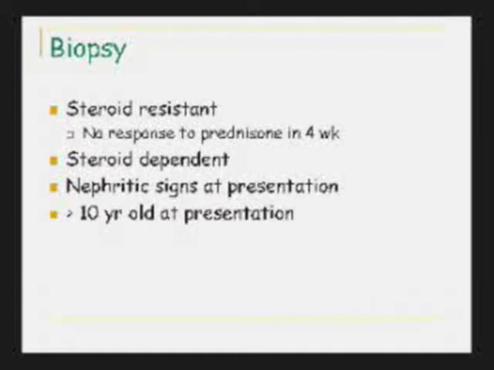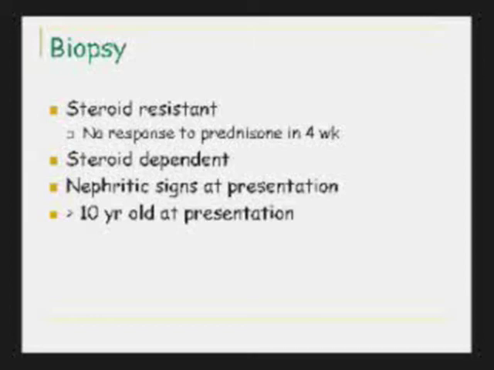When you do a biopsy in somebody with nephrotic syndrome, the little kid, the older child or adult who has nephrotic syndrome, when do you do a biopsy? When you first meet them. They need a biopsy right away. But if I have a 5-year-old who comes to me with nephrotic syndrome and everything looks like typical minimal change disease, I'm going to initially treat that child, see what happens, and then if it doesn't go well, I'll do a biopsy. So if the child doesn't respond to prednisone, or if I can't get them off prednisone,